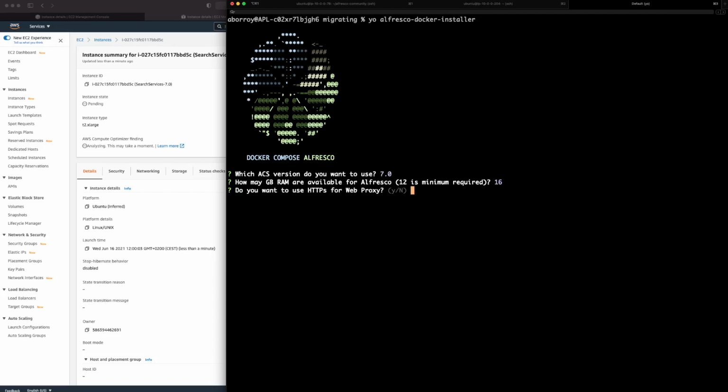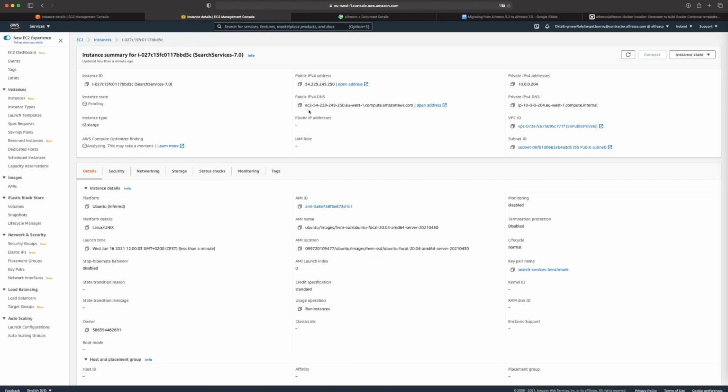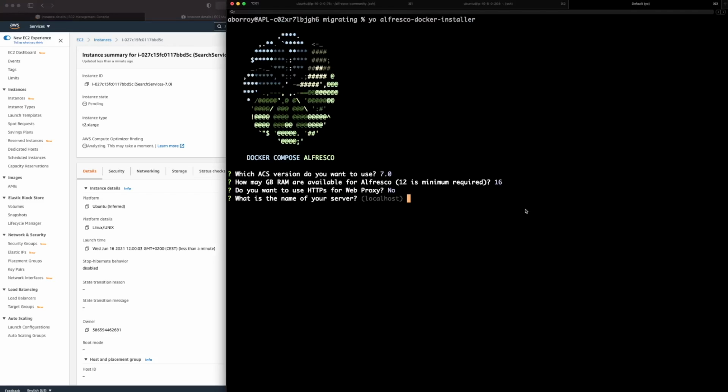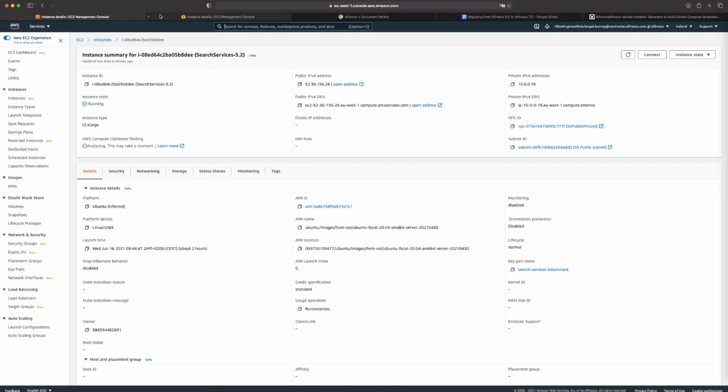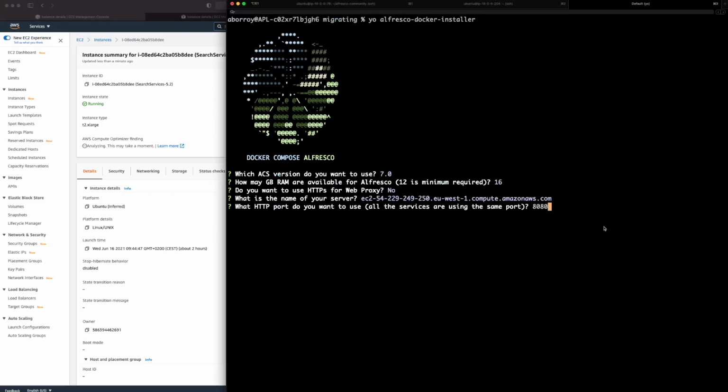We are not going to use HTTPS for now, but if you want to use SSL access to your services, then you can enable this option. The name of the server, we are going to deploy that in this server. So this should be fine for us. And we are going to use port 8080, but we can use some other one. But as we were using this port in the original one, we are going to choose the same, so the